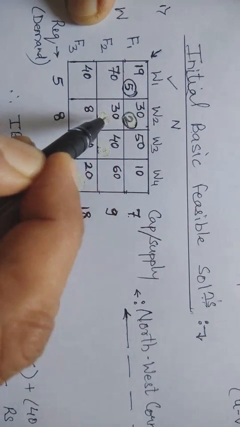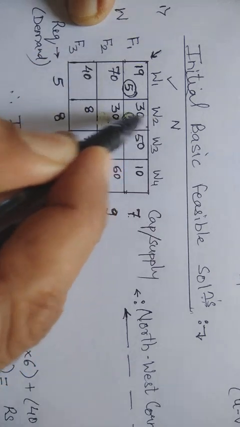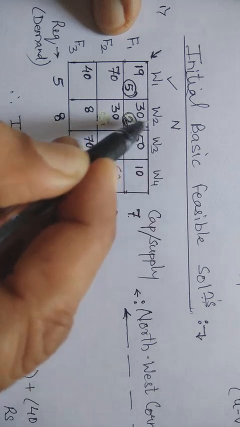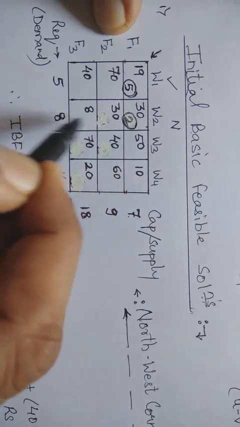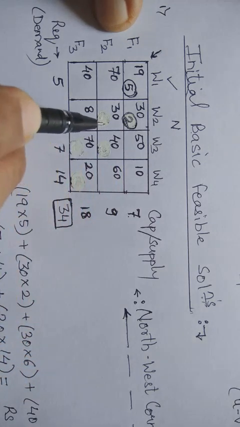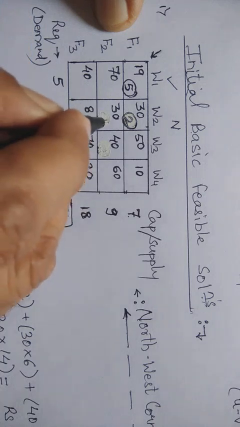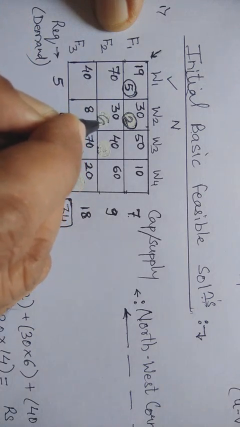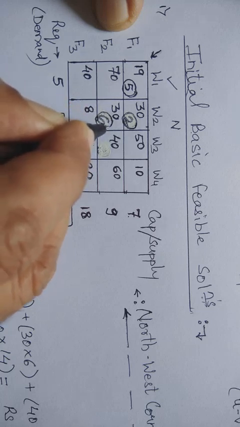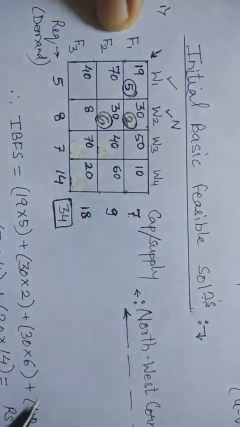It will go to factory 2. Don't leave this column. Now W2 still wants how many parts? Out of 8 it has taken 2, so 6 are still needed. Can factory 2 give 6 parts? Factory 2's capacity is 9, so it can. So the remaining 6 parts are taken from factory 2. Now 6 plus 2 is 8, so W2 is also satisfied.